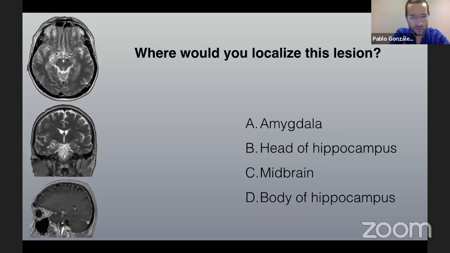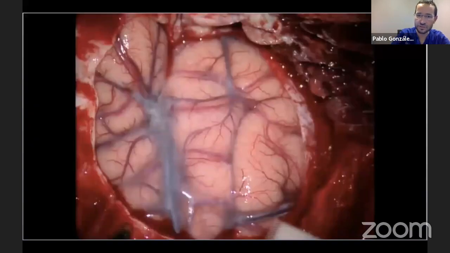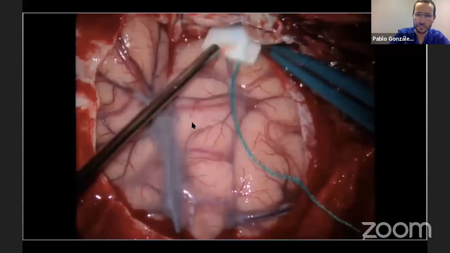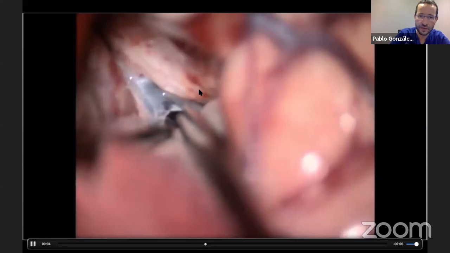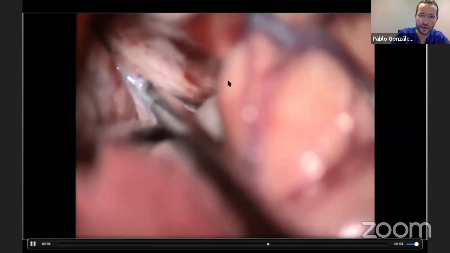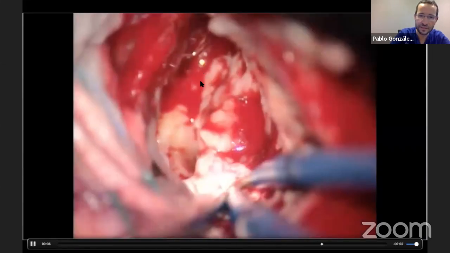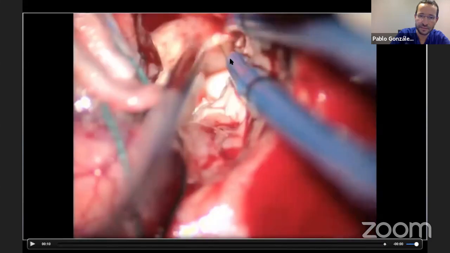And I was not right. When I analyzed this lesion, I was not sure, to be honest with you. I even thought that it could be the head of hippocampus. But anyway, the decision should be the same. The patient had seizures, so we did a pterional craniotomy. We split anteriorly a little bit the sylvian fissure, and then we do a transplanum polare approach for these cases. So the idea is to reach the inner aspect of the temporal horn as anterior as possible,